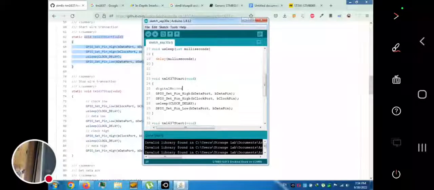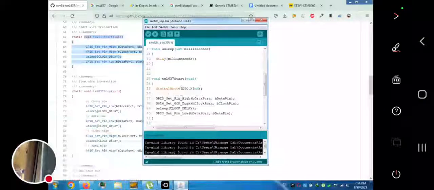We have a digital write function for that. We can do DIO and high. So that's pretty much all for this line. We already did that, so remove that and digital write the clock and high,